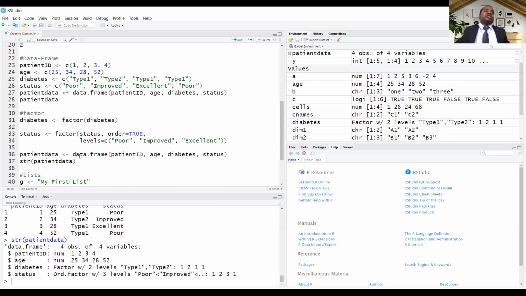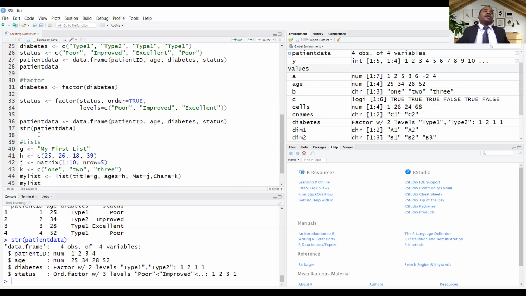Then our last is our list data type. As I have already told, inside list, all these things are there. Your vector, your character vector, your matrices, your list also can be inside your list.